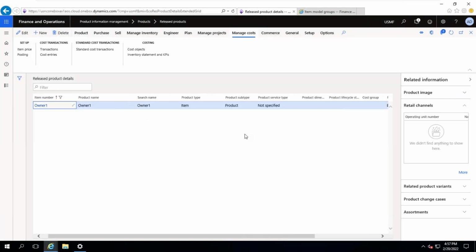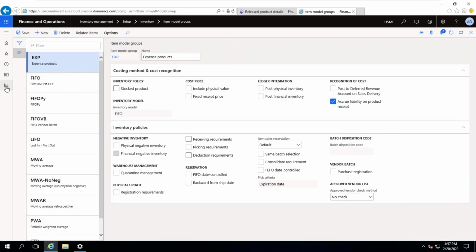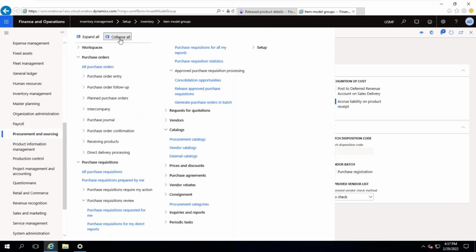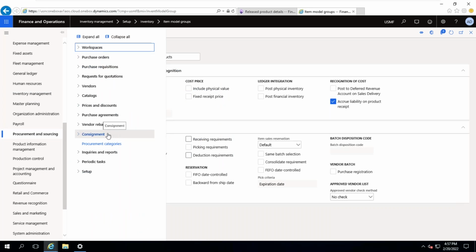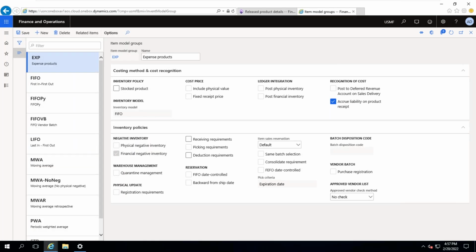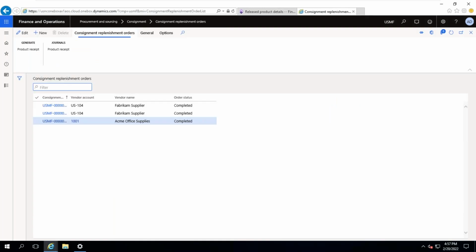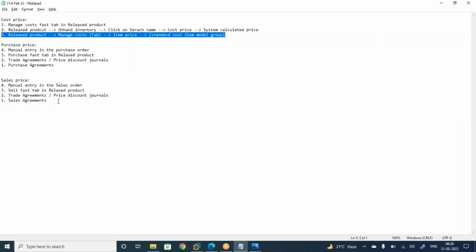Okay, now it is mapped. Let me create a consignment replenishment order in the procurement and sourcing module. Collapse all. Here, consignment replenishment orders I can create. What does consignment mean? Actually, the owner of this item is